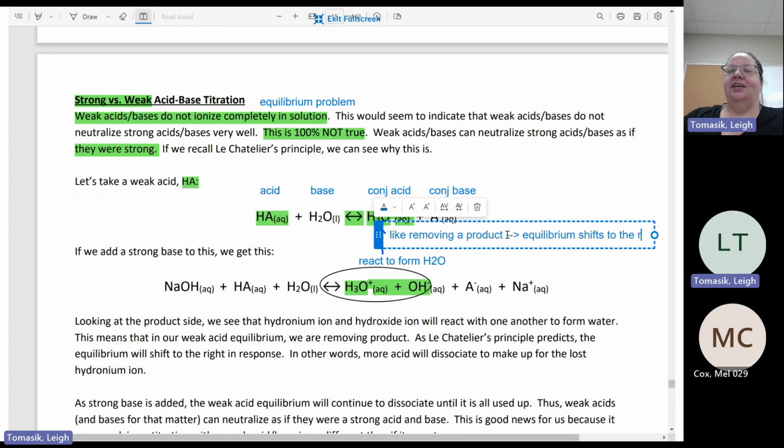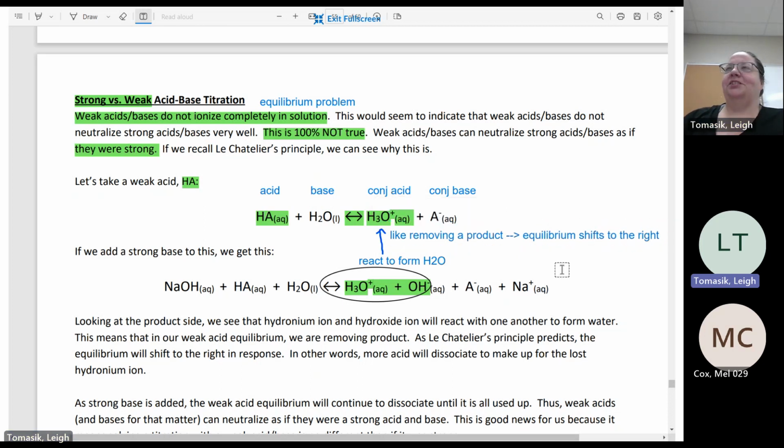No, sorry, to the right. A little sleepy today, I forgot my left from my right. So when we remove the H3O plus by reacting it with OH minus to form water, it's like removing it from the solution. So when we remove it, Le Chatelier says that more reactants will react